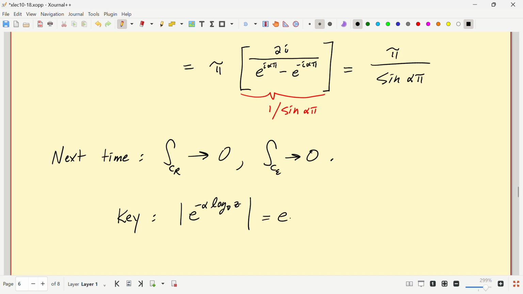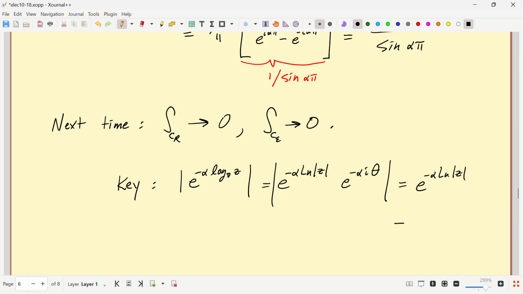that would be e to the minus alpha log mod z, that's the real part, times e to the minus alpha i theta. And that's e to the minus alpha log z in modulus, which is mod z to the alpha. Mod z to the... Am I screwing this up? It's the